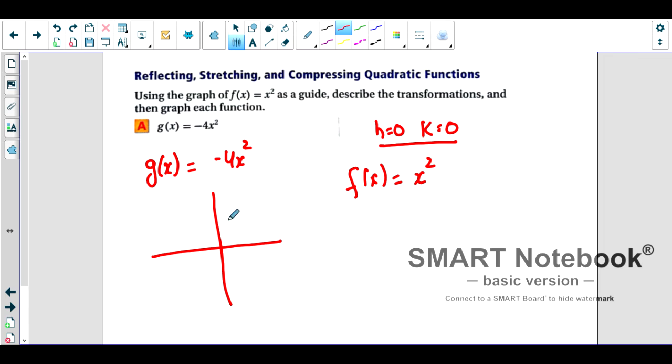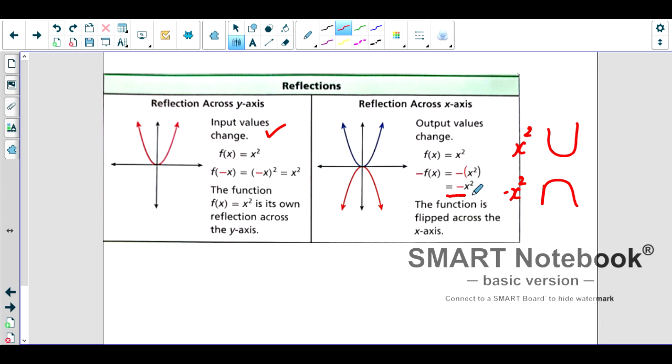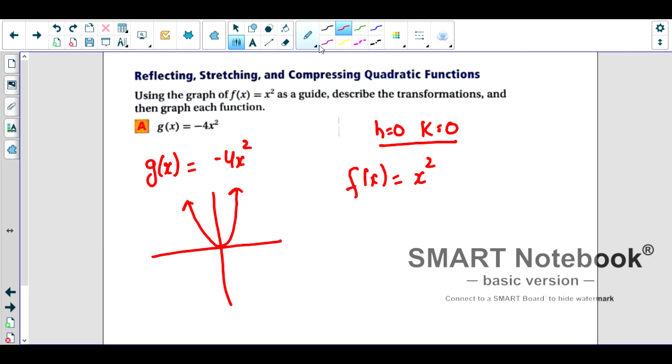If we have the graph of f of x like this, we saw that if the output changes to negative, the graph will flip down. So we know one thing is for sure, that our graph will open downwards. Why? Because there is a negative here. This negative changes the output. Agree? Now moving forward,